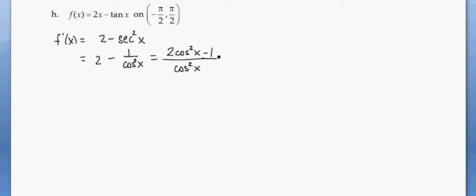Now I want to know, where is this derivative, where is my derivative either 0 or undefined? Well, the derivative will be 0 wherever the numerator is equal to 0. And it'll be undefined wherever the denominator is equal to 0. So I want to solve these two equations. So here I'm really looking for, if I bring the 1 over and divide by 2, I'm solving cosine of x equals